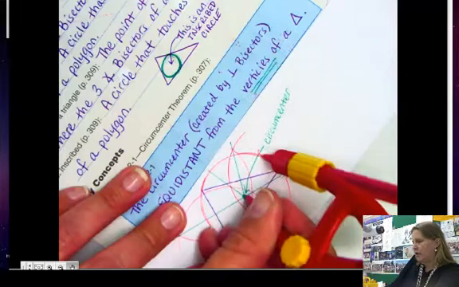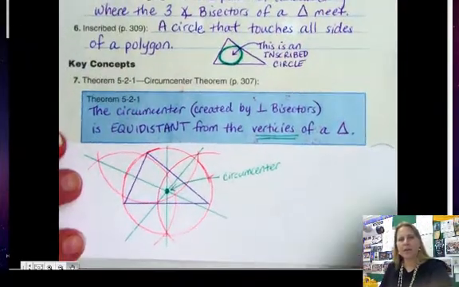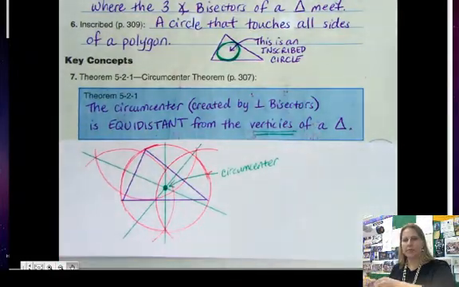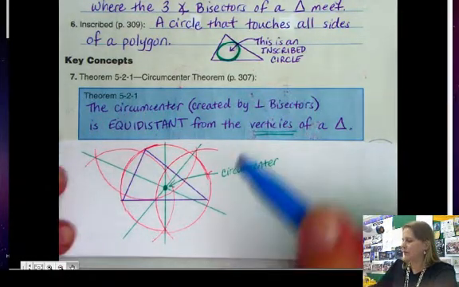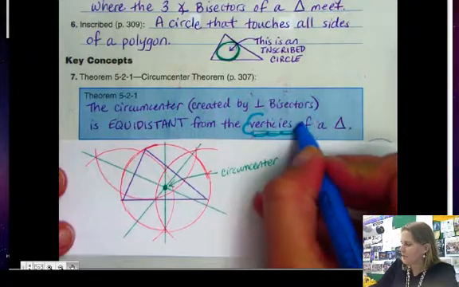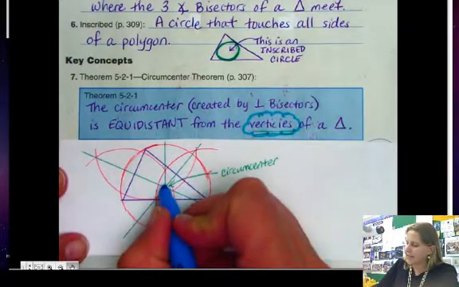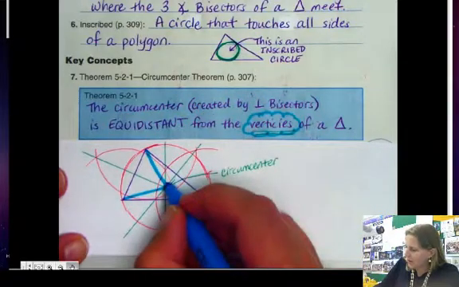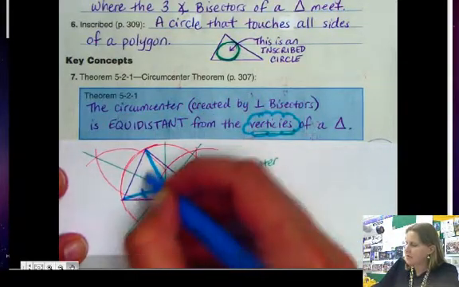Like so. Okay, there we go. That's pretty good. So, the cool thing about the circumcenter is that it is equidistant from the vertices, okay? Which means that if I take from the circumcenter to the vertex, all these lengths should be the same because